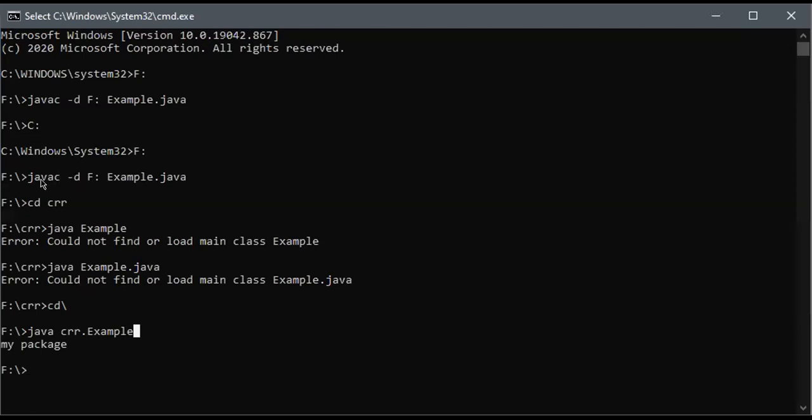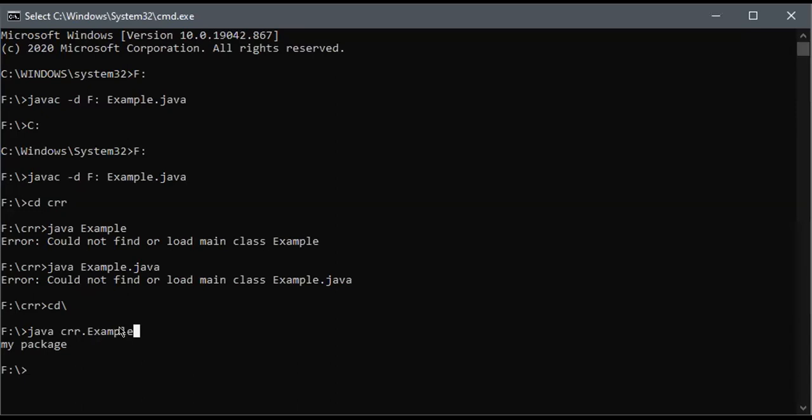So go there and use the keyword javac, and there is a -d, and where you are going to push that class file. So inside the F directory, we are going to push that class file like this, and there should be a colon and the name of the class .java. So when we compile like this, inside the F drive, inside the package CRR, this class file will appear over there. Okay. To run this program, how are you going to do that? Just by using this name, crr.example, like this. By using a dot operator, you are going to access a class file inside that directory.